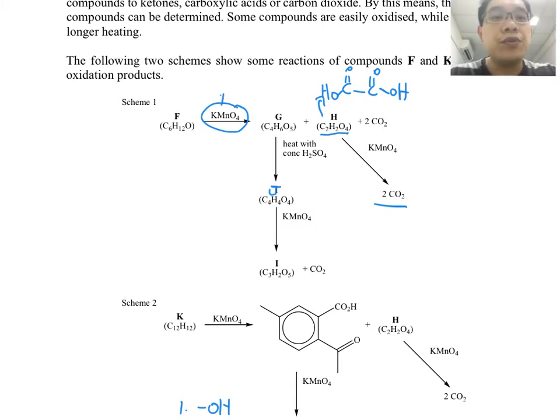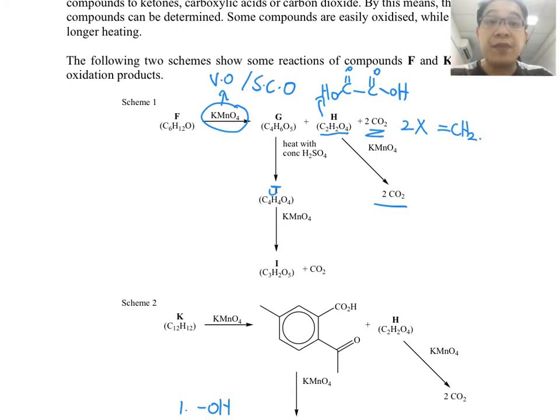The second thing you need to remember is whenever you see KMnO4, it will go through two different types of reaction: vigorous oxidation, which is breaking your CC double bond, or side chain oxidation reaction. Now, if it's a vigorous oxidation, whenever I see there's CO2 produced, it gives me a good hint. Likely there is a terminal alkene present, and one terminal alkene only gives you one CO2. So this likely has 2 terminal alkenes. For those of you who are a bit unfamiliar with the word terminal alkene, it simply means the alkene at the last position of the carbon. That's called terminal alkene. So you have this, this, and this.